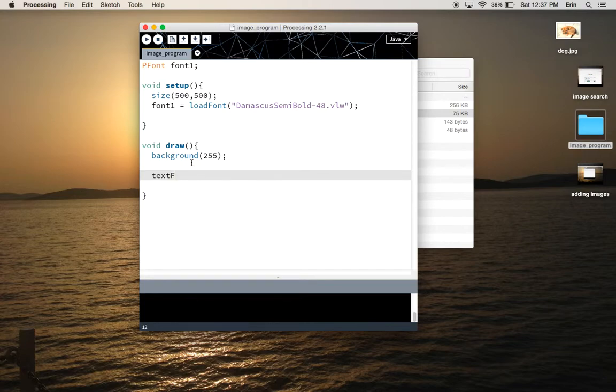textFont is the function to say which font you're using of the fonts you may have created, because you may have added more than one. So use the variable name of the font you want. We only have one, so it's got to be that one. Then the size,